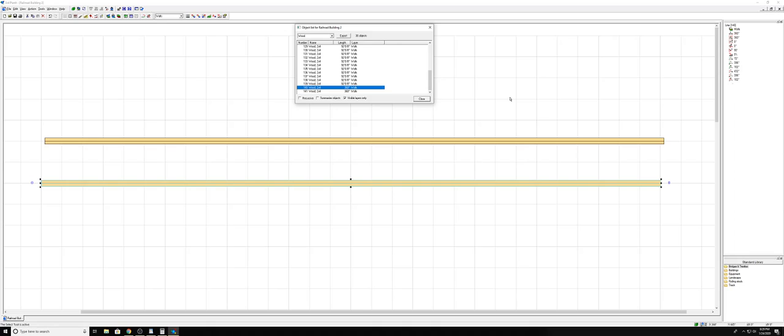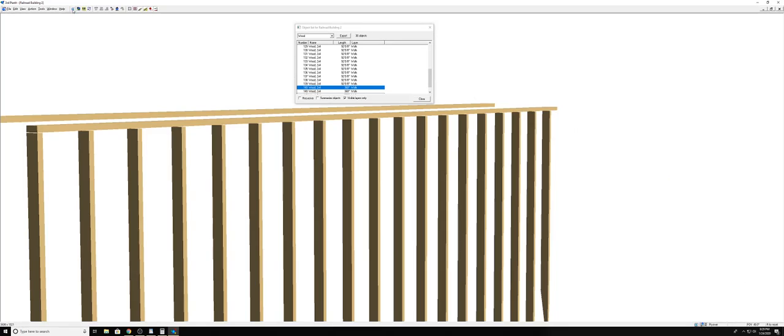Okay, so that's the 102. So if we go 102 and 1/4 inch, because I think that bottom 2x4 is still a little on top, hiding the tops of the 2x4. It's not quite sitting up on top. So yeah, so we're